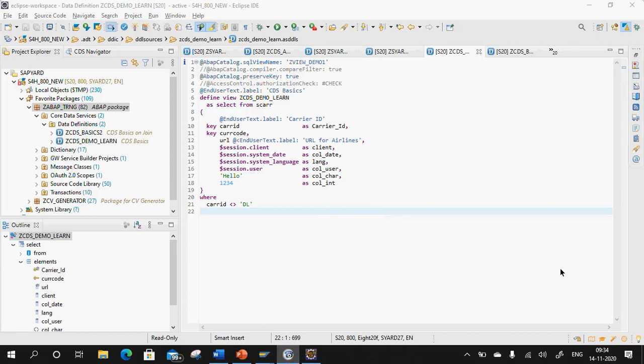Srishti, can you just tell me your object name so that we can cross check once?